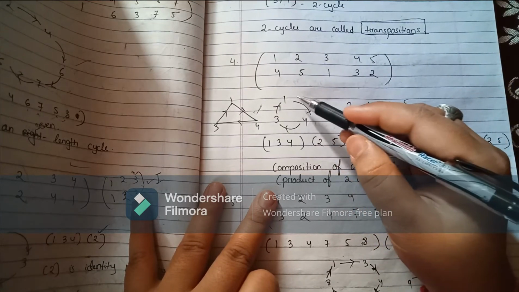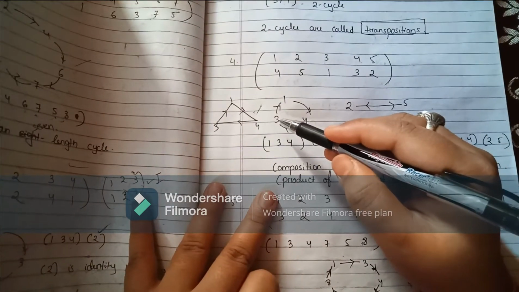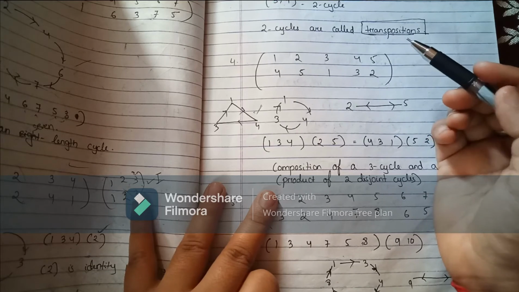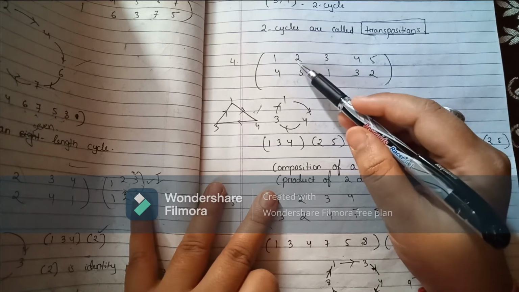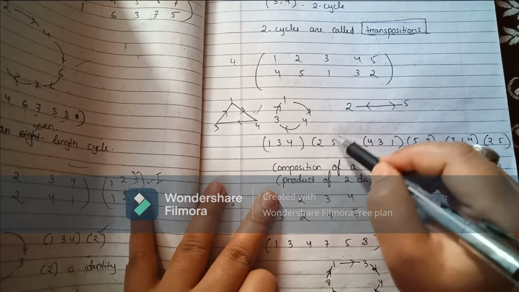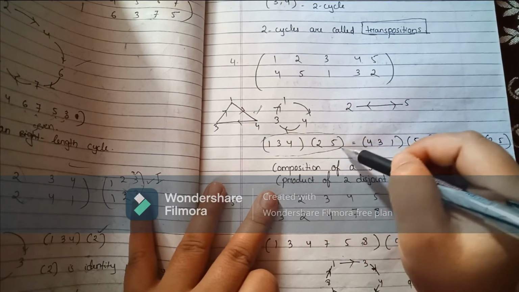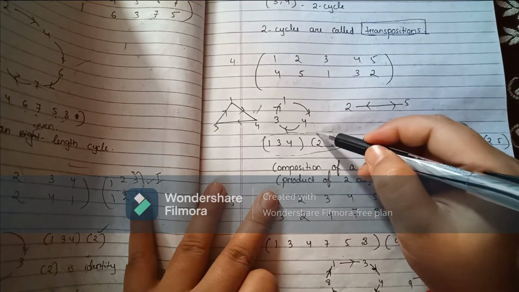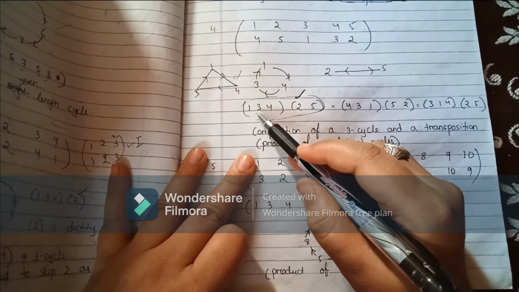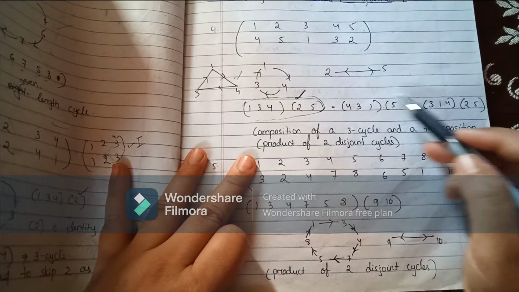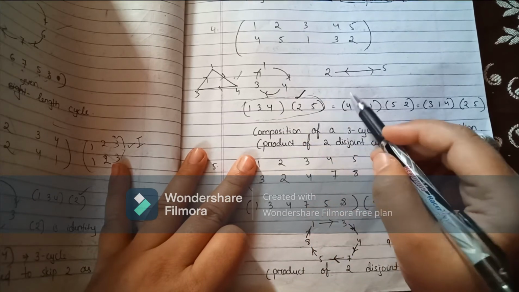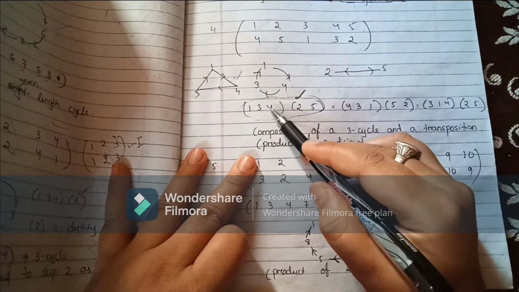Okay, so we can write it as 1 4 3, we can write it as 3 1 4, we can write it as 4 3 1. All are the same. Now there is another cycle also, 2 5 and 5 2. So these 2 are cycles, and we can say that this is the product of the cycles. We can represent any permutation as the product of cycles. And as I told you, 3 1 4 is equivalent to 4 3 1. You can check everywhere, this mapping will not differ. Look, here also 4 maps to 3.